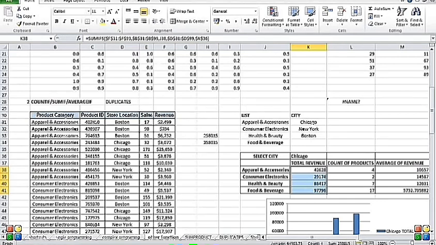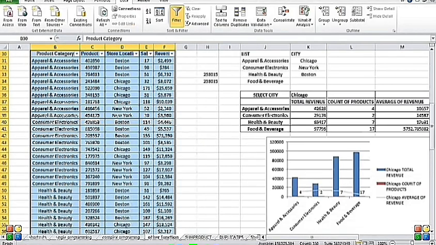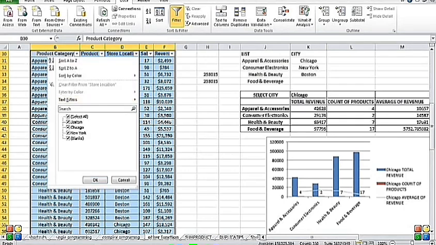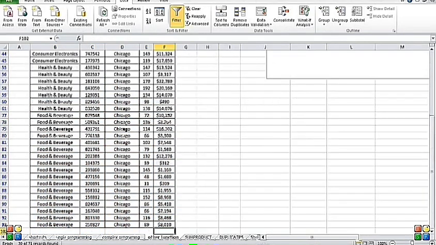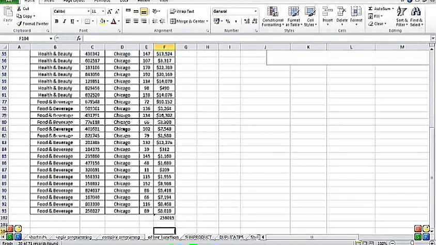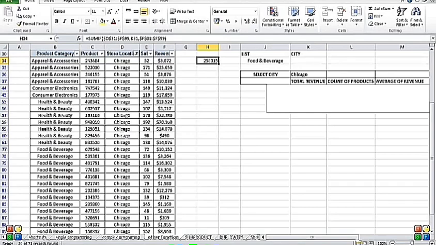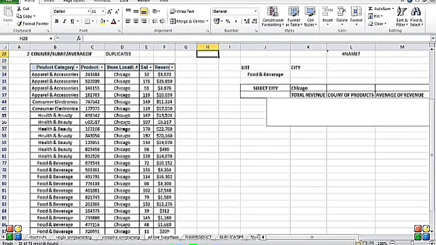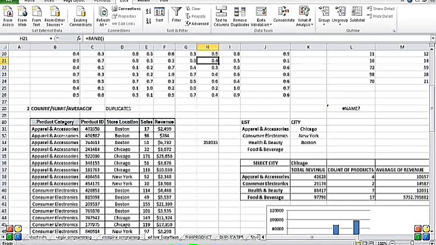Or you can also put a filter on it. By putting a filter on it, if you filter for Chicago, you can find your total revenue, and by selecting it, I'll show you again with the subtotal. You have to select the whole range again, and then you find 25800. So these are the functions that you can use to validate whether your sum function is working properly or not. I'll just remove the formula, and then you found it this way. So this is your sum function for today.